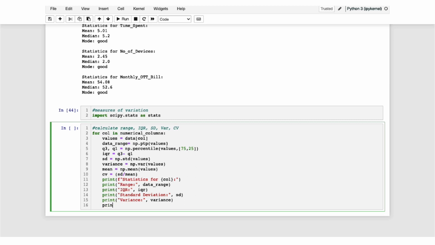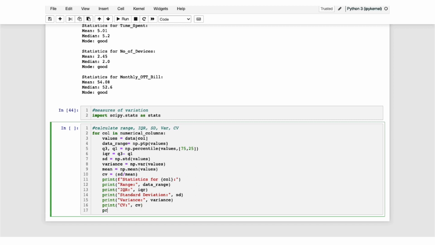Finally, the last one is your coefficient of variation. So maybe I just want it to come as CV only, so I will use this coefficient of variation, and for this I have used the small CV, and I want a line to appear